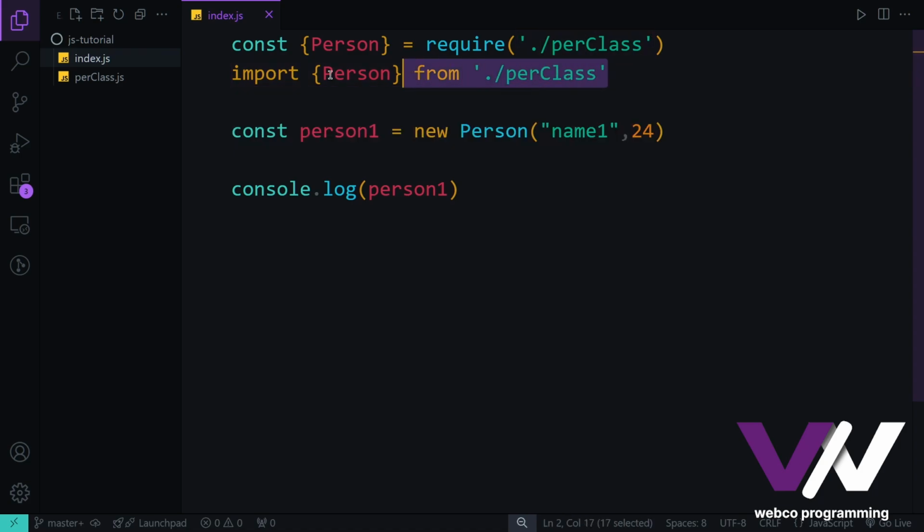But pay attention that this is only going to work in the ES6 version and not others. So if you're working with Vanilla.js or Node or some other frameworks, it's better to use this kind of importing, which uses our